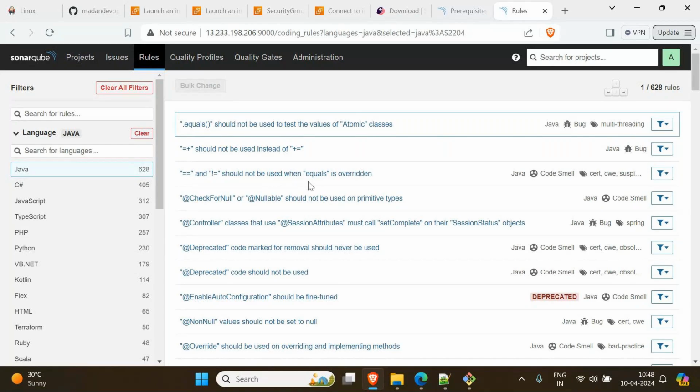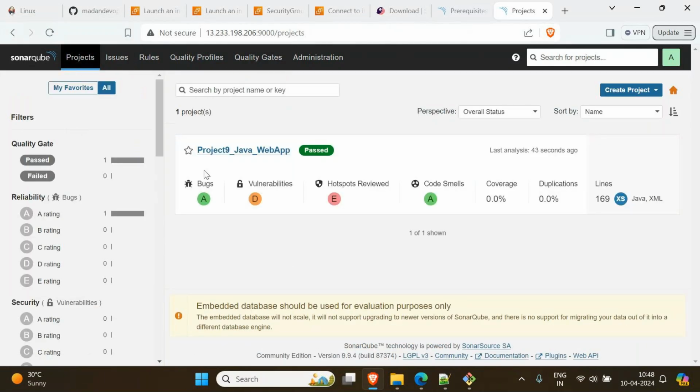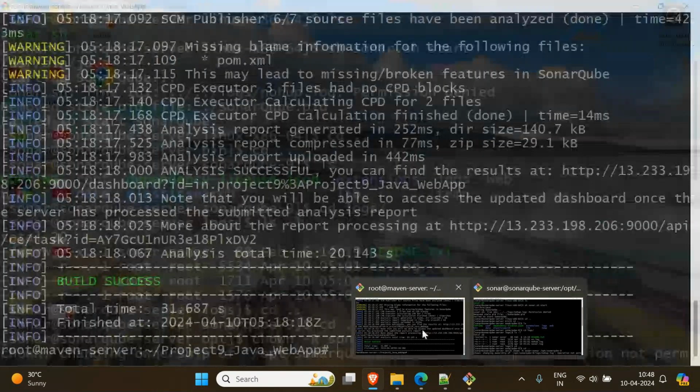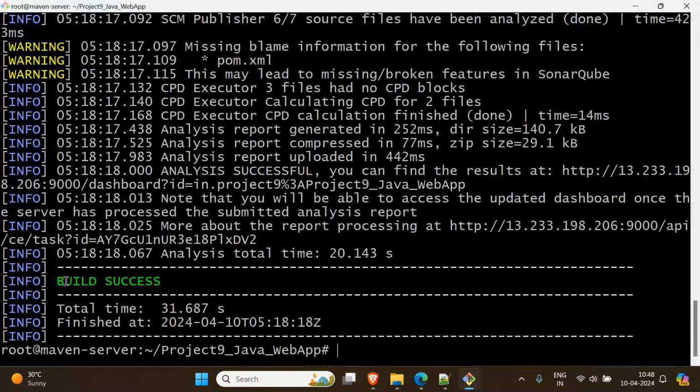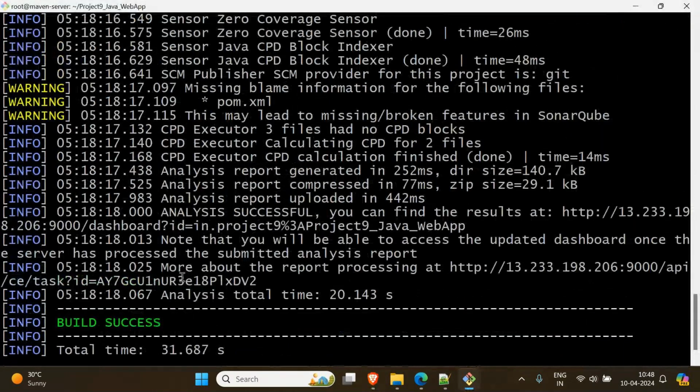Tomorrow we'll see how to add our own rules and our own quality gates. But as of now, I just want to see how to upload our report. See, our report is uploaded already. If you go to our SonarQube, it says that the build is successful, and if you scroll up, it is saying that